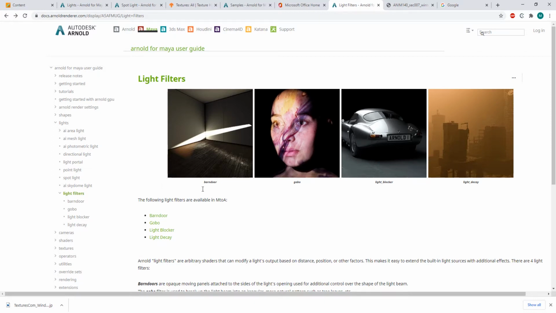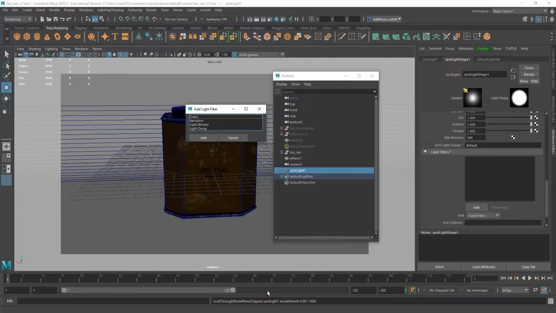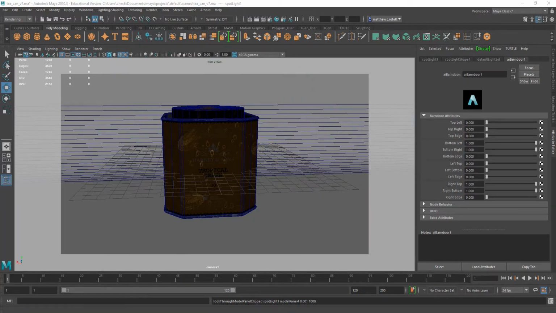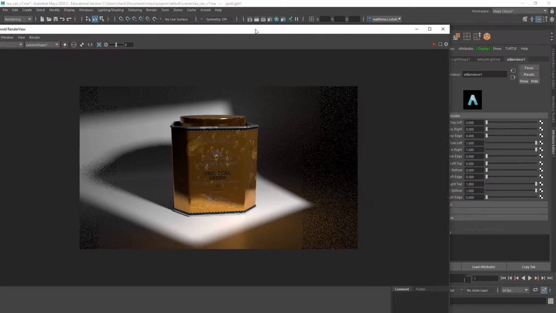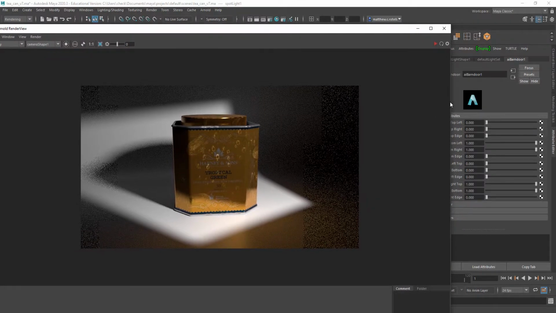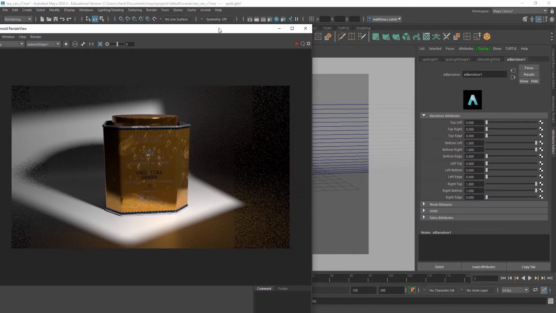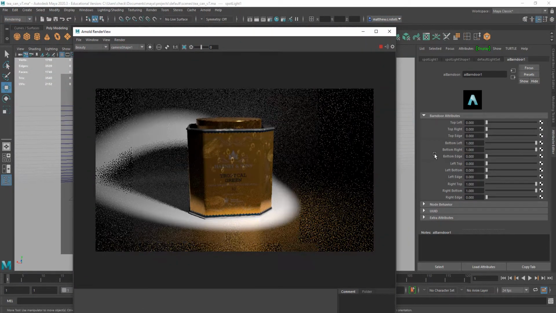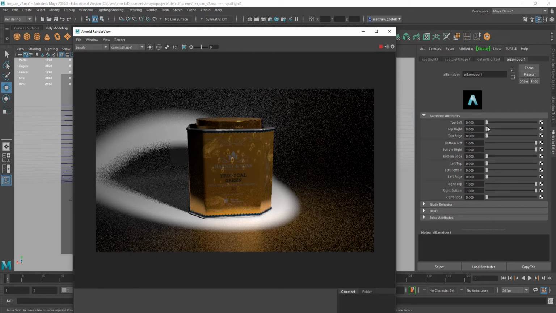And you can see what we have here, but anyway, let's just apply some. So yeah, come down to the light filter section and I can add barn doors. And then I will have a new tab here in my attribute editor, and I can use them to dynamically shape my spotlight. Here, let me make this window a little smaller, and let me see, I'll turn on my IPR, and alright,